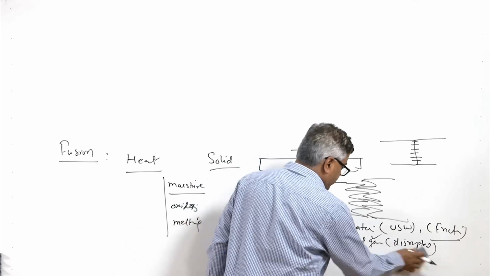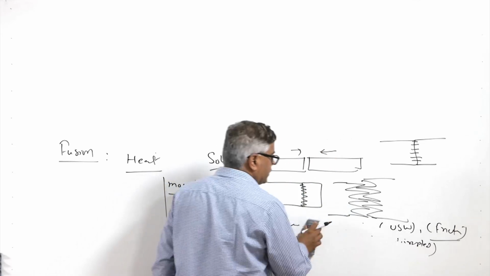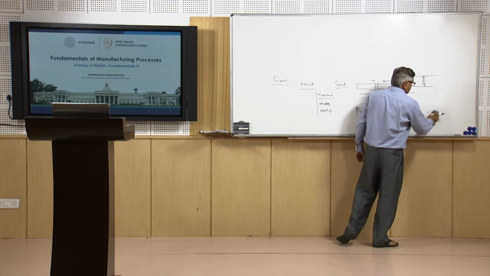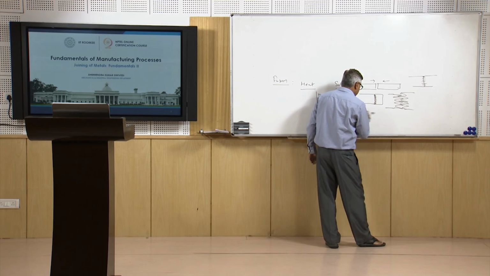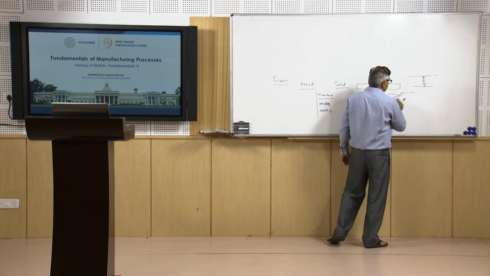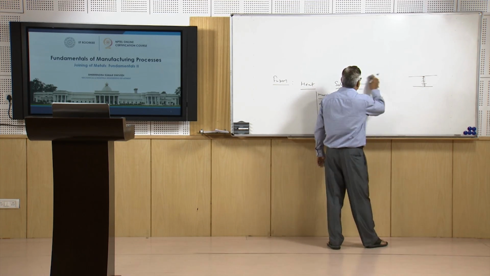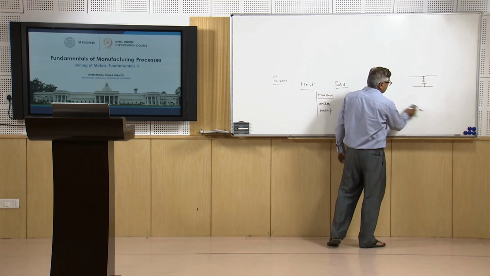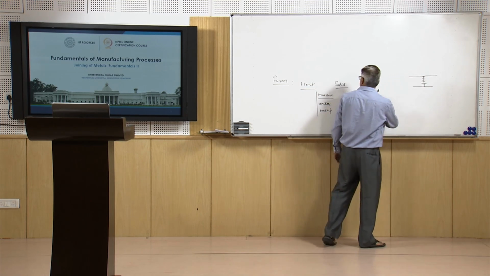So, these were the different kinds of things which are realized with the application of the pressure in the solid state joining processes like friction welding, ultrasonic welding, explosion welding, and